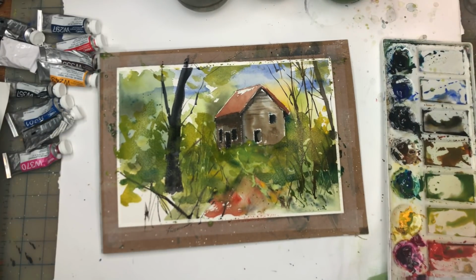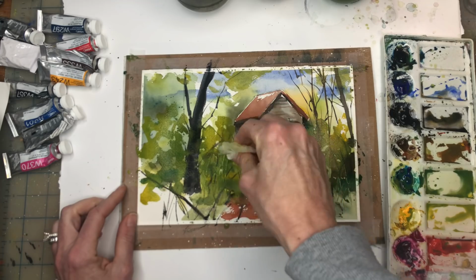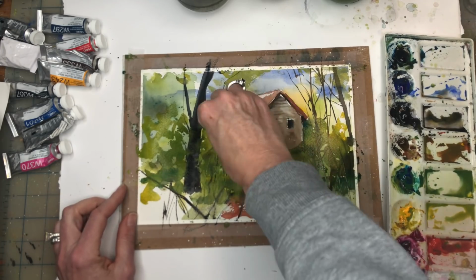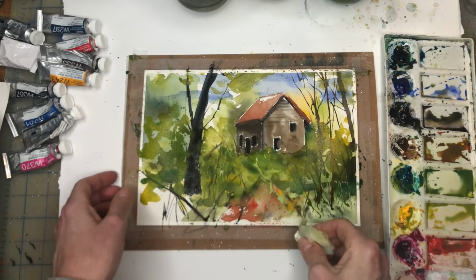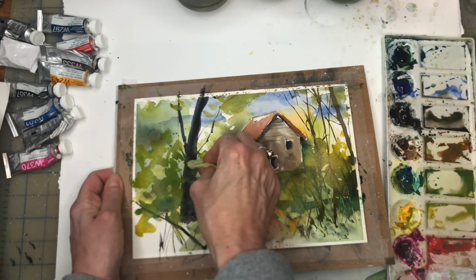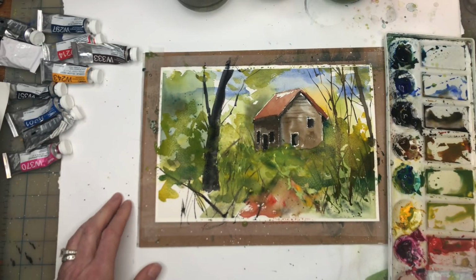Don't feel like you have to put so much color into it. You could take like a paper towel and kind of lift up some. I didn't want all that color. That creates another look too. See, you have the edge still there, and you lift it up with the paper towel, and you get this nice, like, ooh, like the sun's peeking through there,